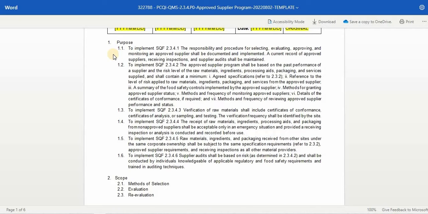documented and implemented. A current record of approved suppliers, receiving inspections, and supplier audits shall be maintained. 2. To implement SQF 2.3.4.2, the approved supplier program shall be based on the past performance of a supplier and the risk level of the raw materials, ingredients, processing aids, packaging, and services supplied, and shall contain at a minimum